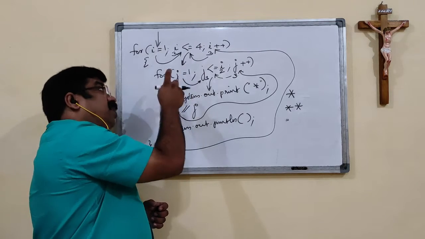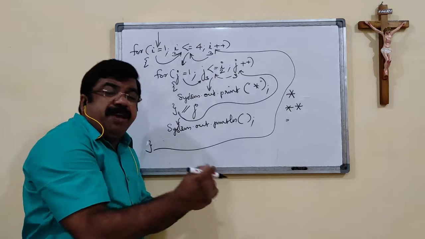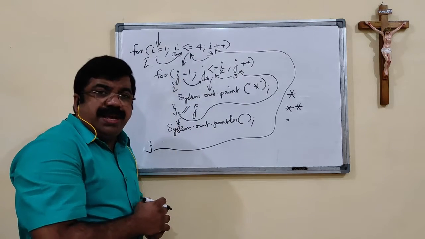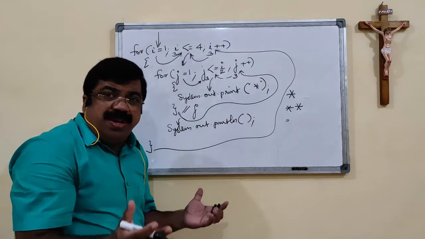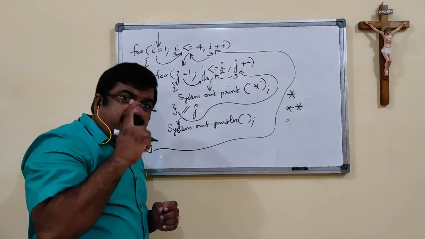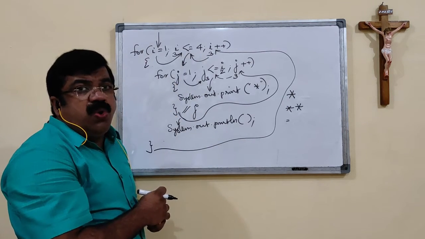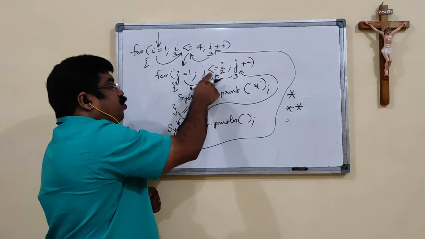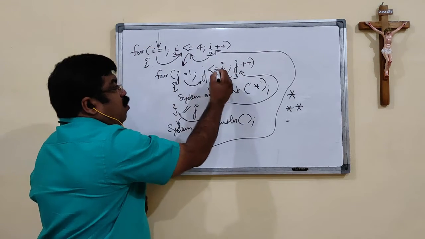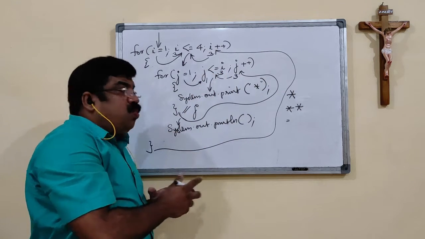In the body, we see the for loop again. As I said in the previous case, J will get reinitialized. The previous value of J was 3, but since we are starting the loop again as a fresh one, J will start with the value 1. Now checking whether 1 is less than the value of I. What is the value of I? 3. 1 less than 3 is true.